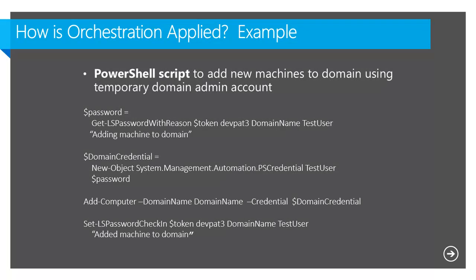And then the last line, which is the most important one, that I think, at least as part of this exercise, this says, okay, we're done with the password, check it back in. And what this does, this creates a job in the back end to change that password. So that password was a one-time use only password. And so that script has no embedded credentials in it at all.